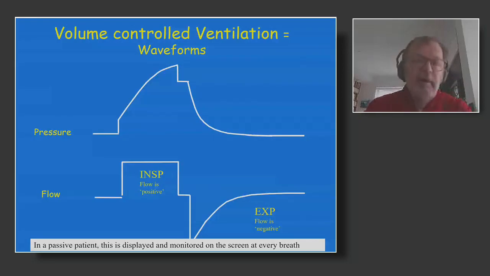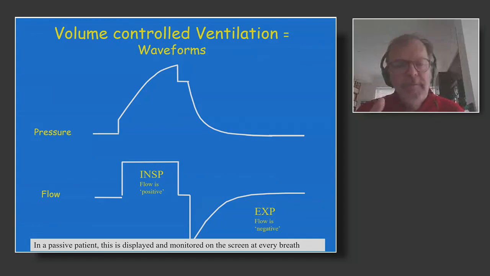So this is the kind of waveforms you can observe during volume control ventilation, and you can see them at every breath. It's important to spend a few minutes describing these two waveforms. This is pressure over time. Remember, this is airway pressure, so the pressure at the airway opening, which is measured at the Y-piece before the endotracheal tube. And the second one is the flow,